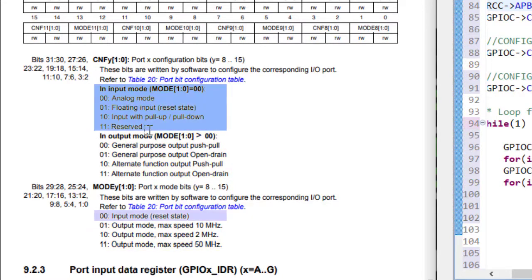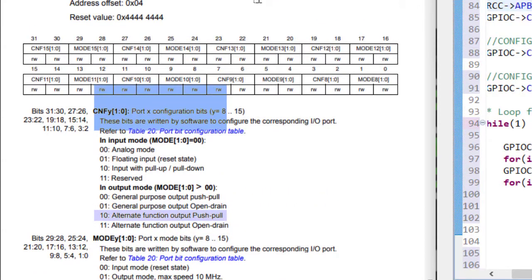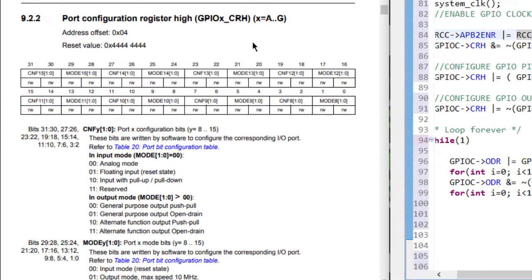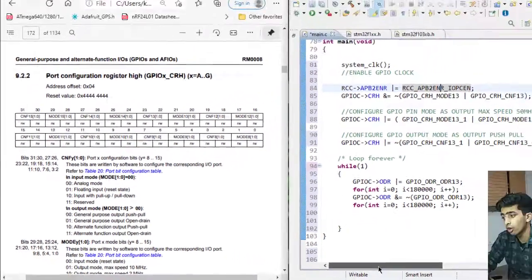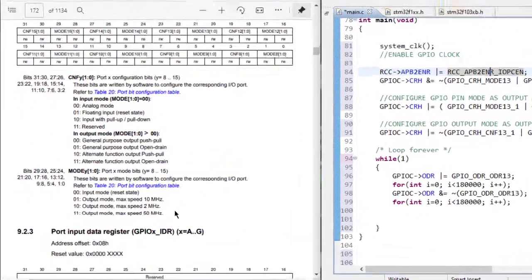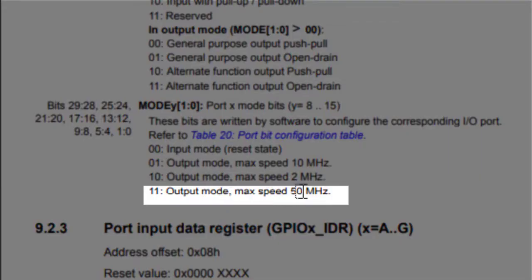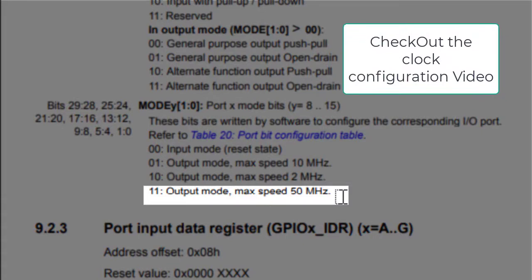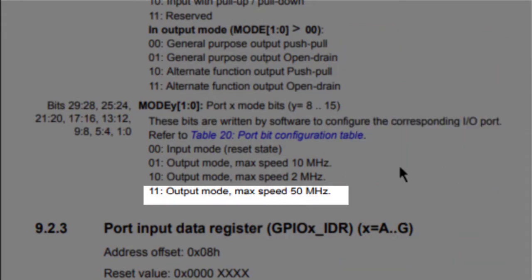If input, then what kind of input it will be, all that I have to configure in my GPIOx CRH or CRL register. For now we will be using the general purpose output, with output mode max speed 50 MHz, as we have configured our clock at 32 MHz. So we will be using the output mode with 11.